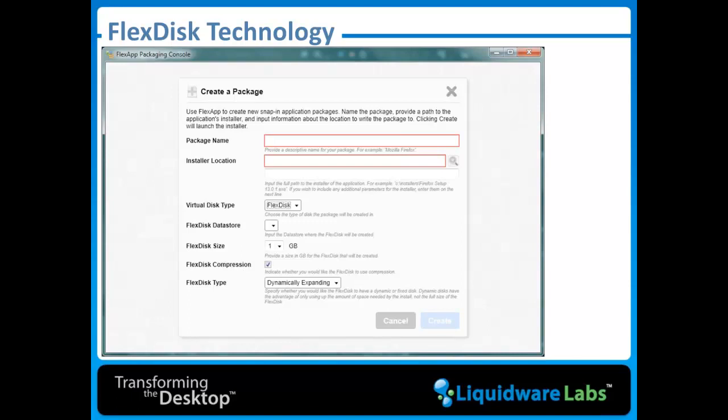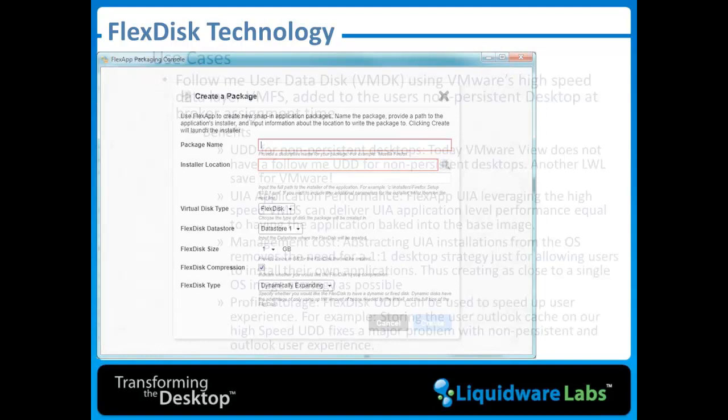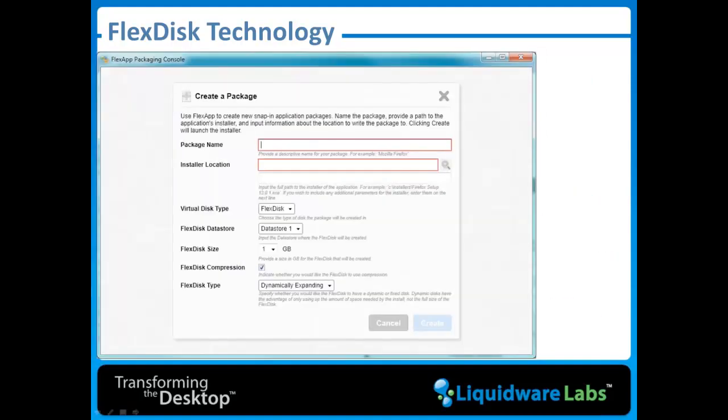Now, if we're doing the same thing with our user installed applications, we assign a VMDK to that user, and it follows them no matter where they go, and it also provisions for them. So one of the things that Gunnar Berger over at Gartner had asked us, when are we mounting? Are we mounting pre-VM boot time, or when are we mounting? We're mounting that